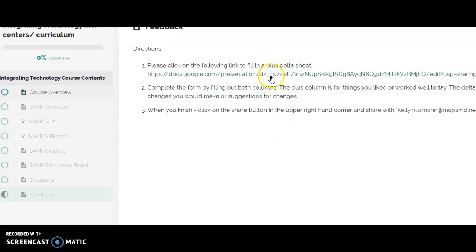Once you click on this link, it will ask you to make a copy. If you can make a copy, there is a plus and delta form. If you could fill out the plus column with things that you liked and things that worked well, or the delta column for changes you would make or suggestions you have. And once you finish giving your feedback and ideas, please share it with me at